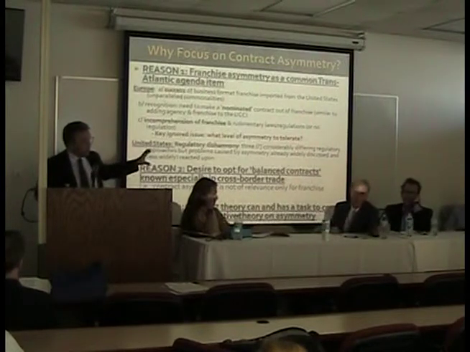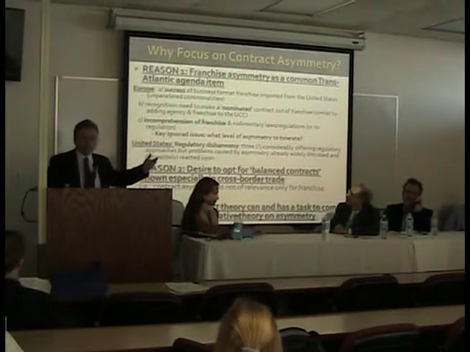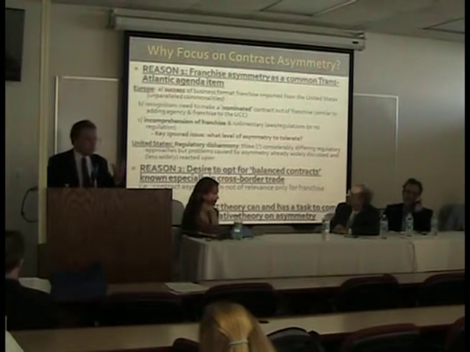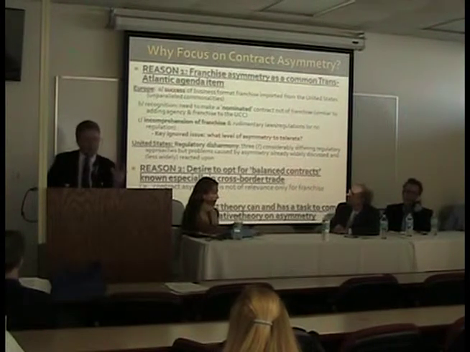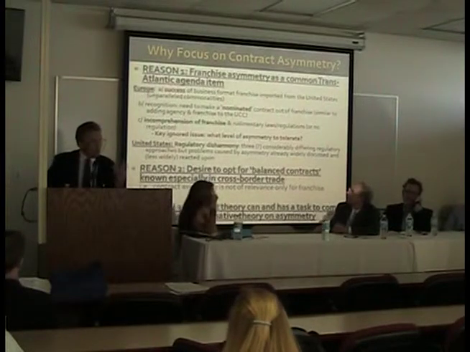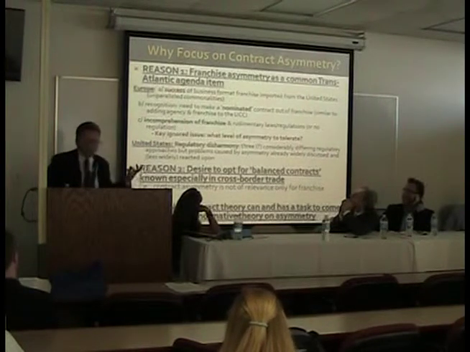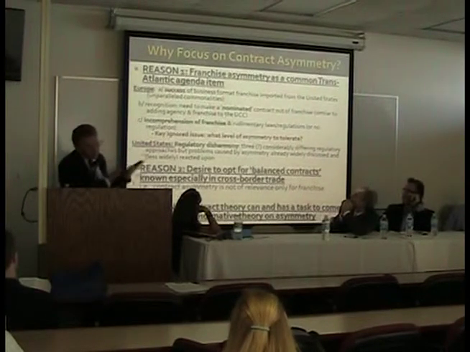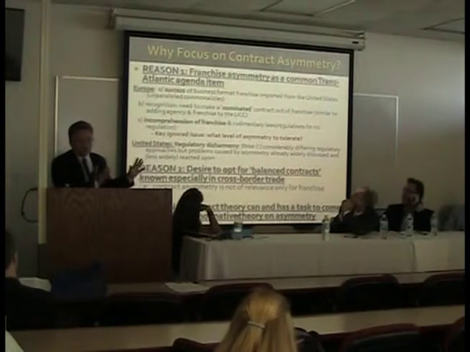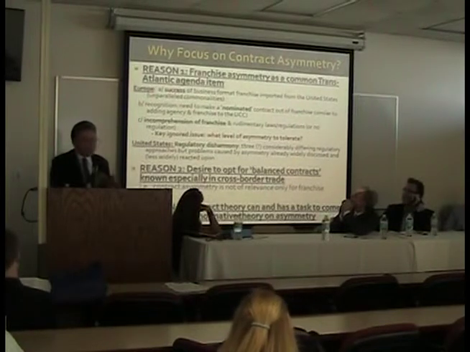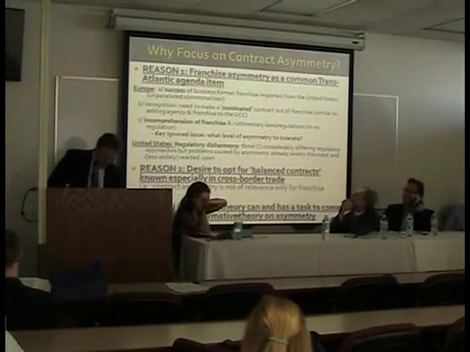Very briefly, you do have concrete empirical data that in international cross-border contracts, quite often, the primary criterion for the business parties is to choose a law which is balanced. Now, I still don't really know what is exactly meant by a balanced contract because I haven't really found the answer to that issue. But reason two I don't really want to deal with because we don't have time. Rather, I would like to take a look at franchise because franchise links the United States, Europe, and the other parts of the world where franchise has become really successful, like China. Okay.